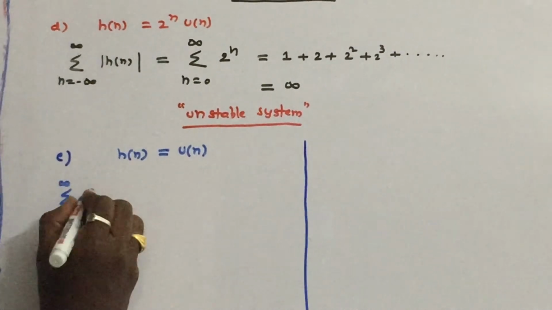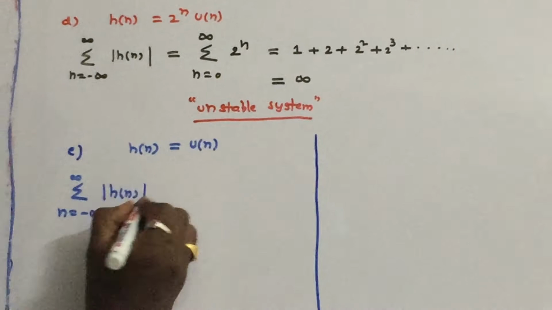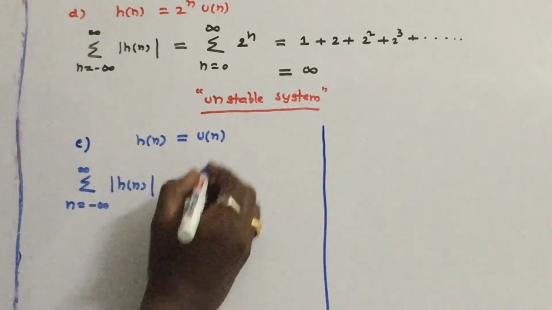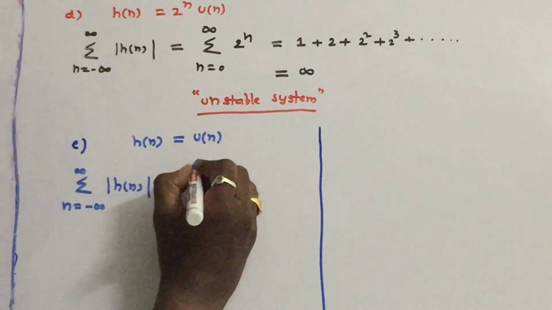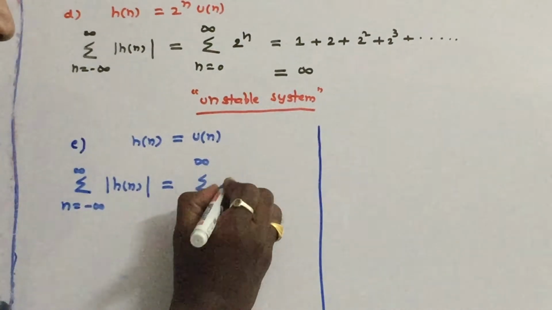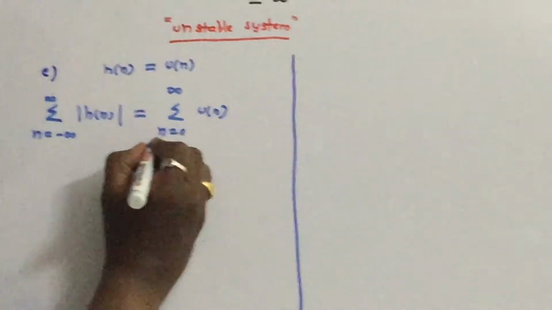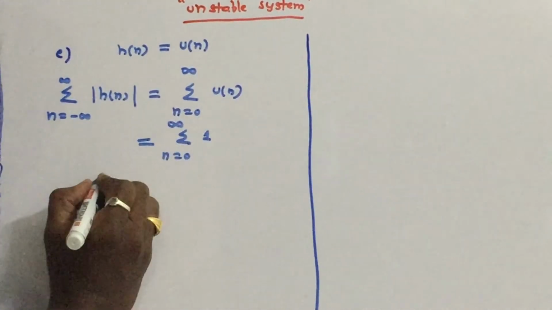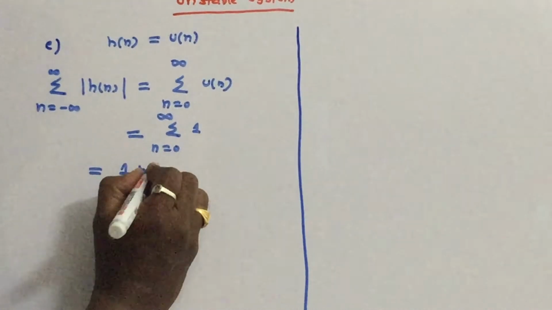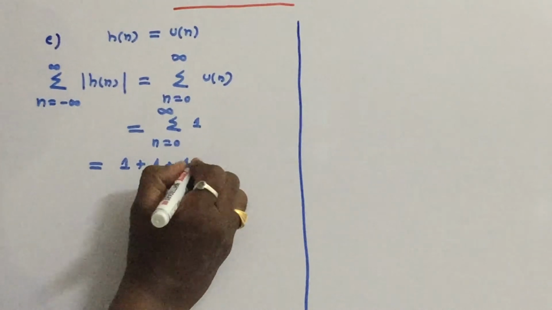Summation n is equal to minus infinity to infinity, modulus of h of n. You can see that in this summation, u of n exists from 0 to infinity. In this interval, what is the u of n value? 1. If we add one infinite times,